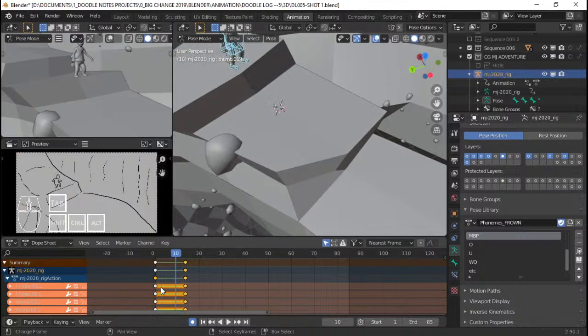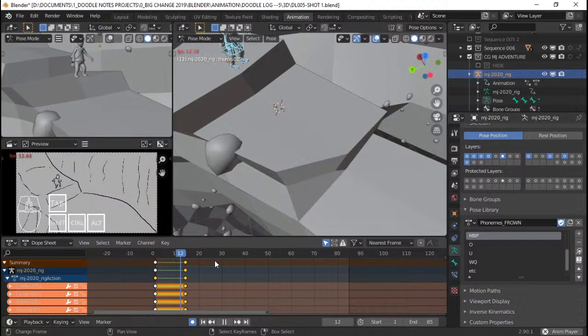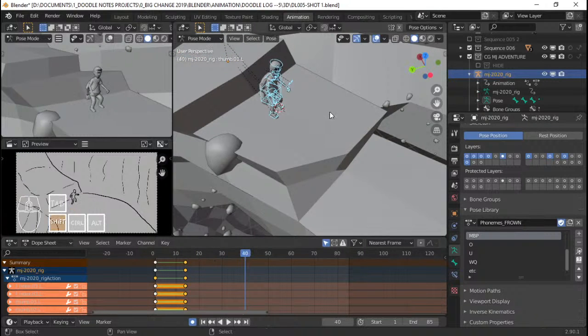So I need to plan the rest of the key posing. The key poses should not be too many, I think, for stuff like this, just so it's not that complicated. So it's jump, land, kind of sliding a bit, and then this is going to be the next key pose,